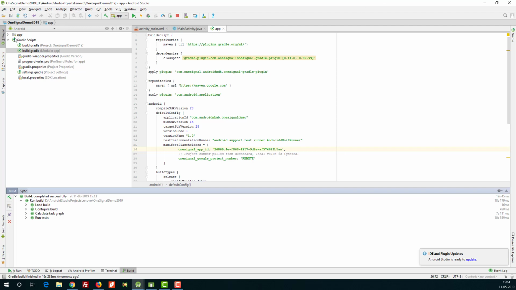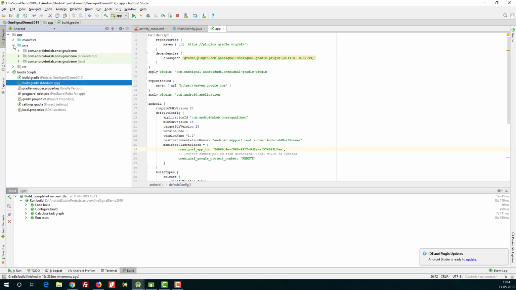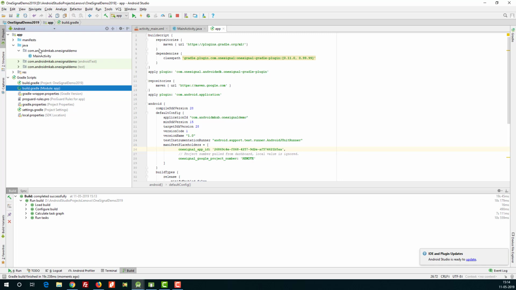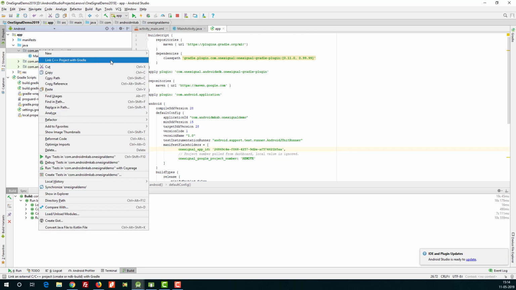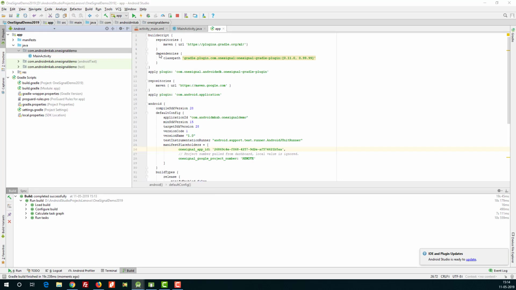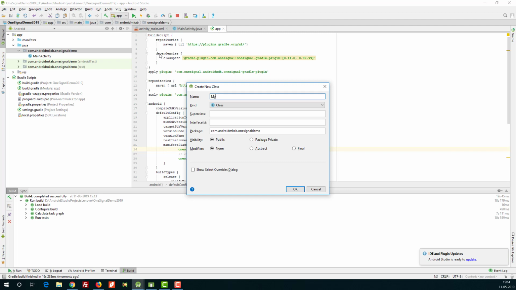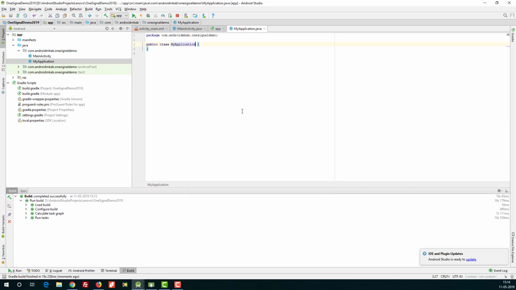Now what I have to do is you go to your package here in Java folder, and then right click and create a class with name my application. Okay, and what you have to do is you have to make it extends Application.